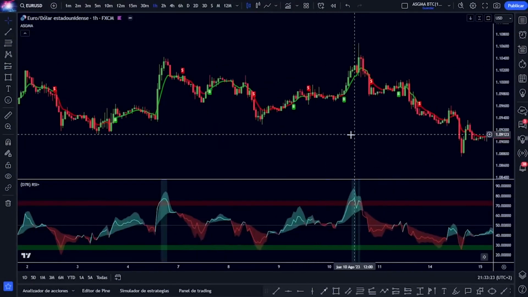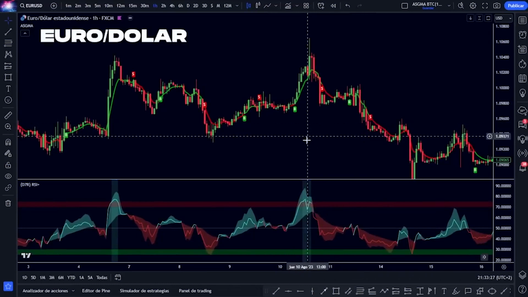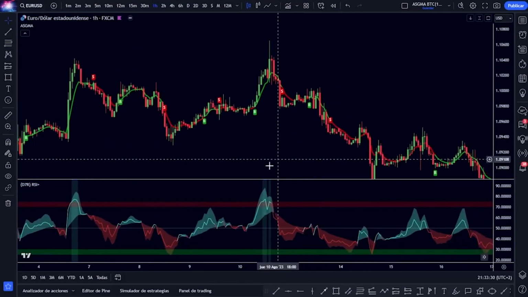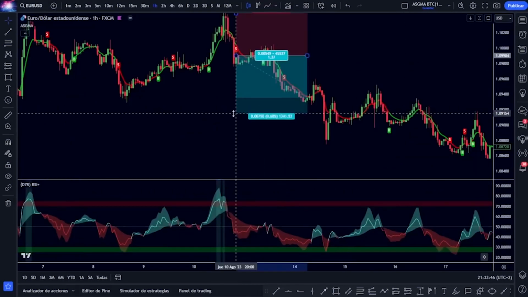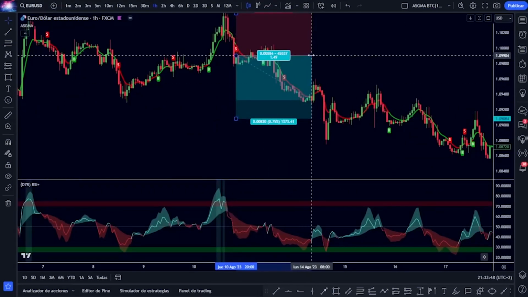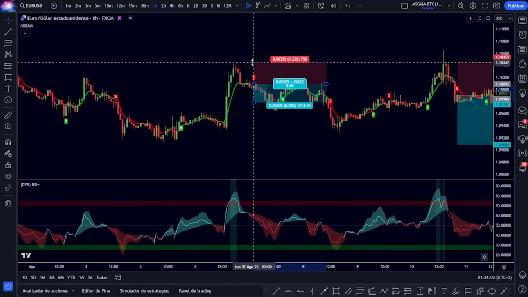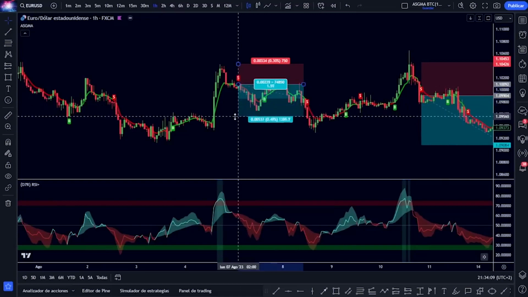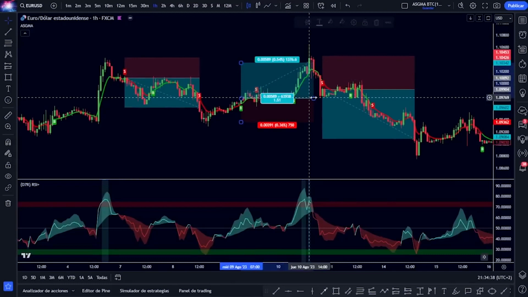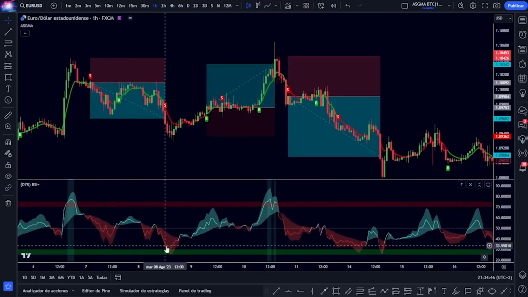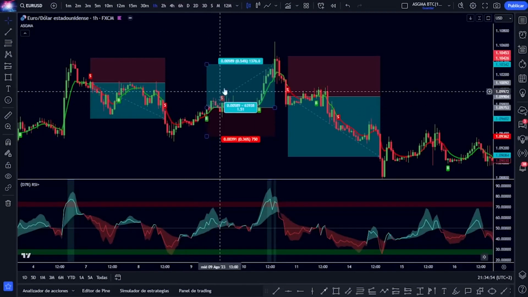lateralize. If we change the asset and we go to one a little less volatile, as is Forex, we can see that if we take advantage perfectly of that combination of extreme overbought or oversold areas and wait for the signals of the superior indicator, we can take very good profits in a fairly simple way, simply applying the strategy with discipline and adding that basic knowledge we have about support zones, resistance, and trends. Even being on an hourly chart, we could take advantage of this here in the middle. Since we come from that downtrend, oversold area, and subsequent change of trend,